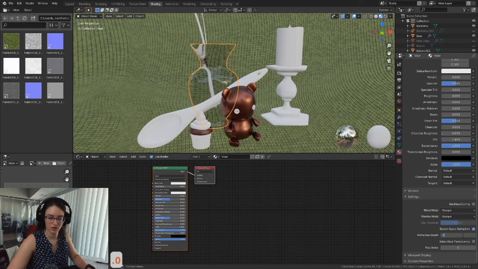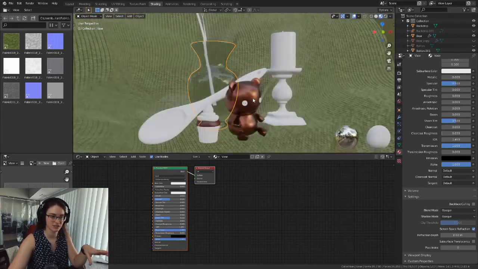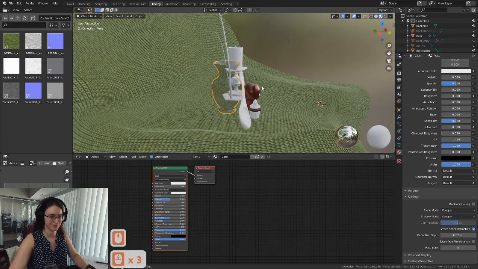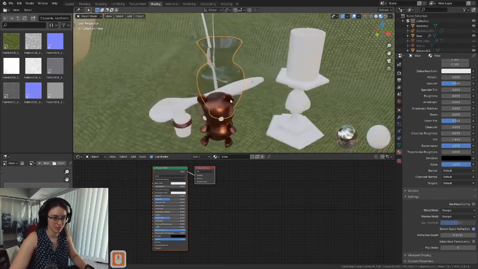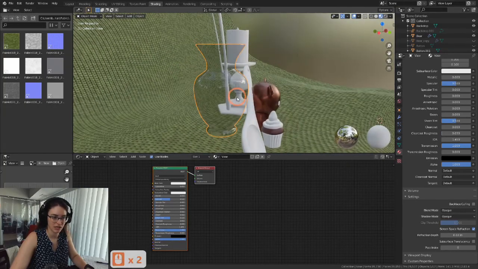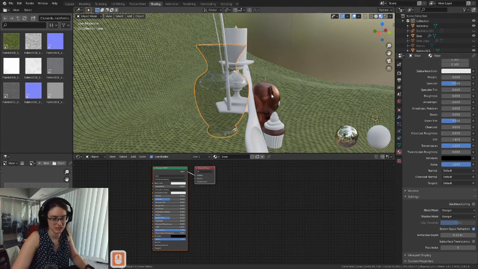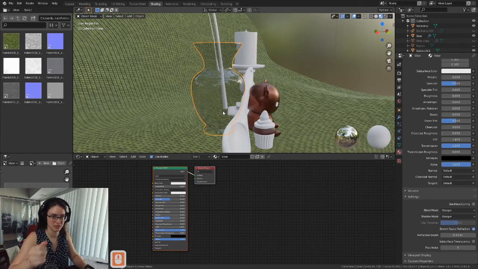So this is how far into your object it's doing refraction of light. That's what I'm changing right now to try to get a desirable effect. I do want the glass to kind of skew my objects, but not too much. If you had a completely solid object that you put this glass material on, it is going to be distorting the objects behind it a lot more, which is realistic. But if you have a thin glass, you'll usually be able to see through it pretty easily and not have too much